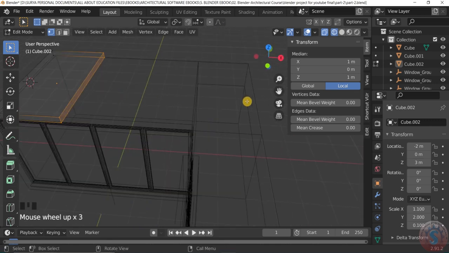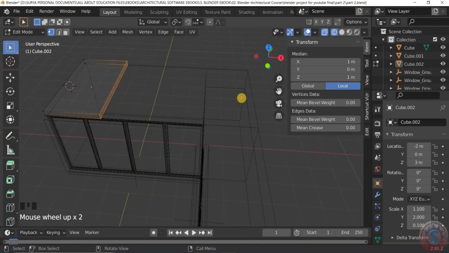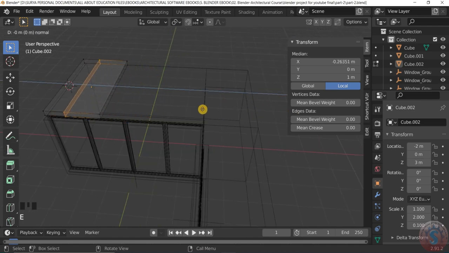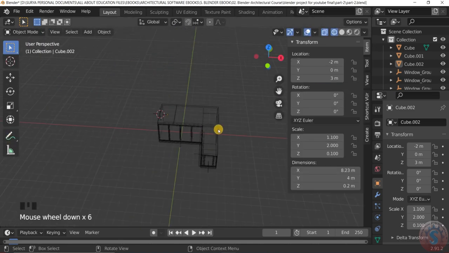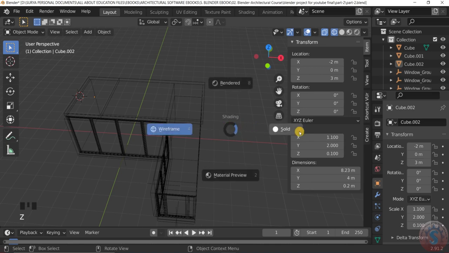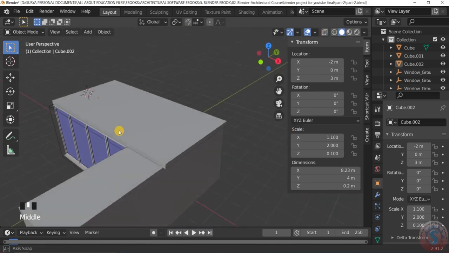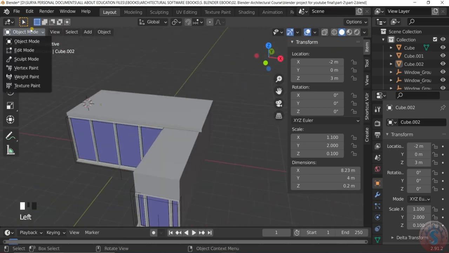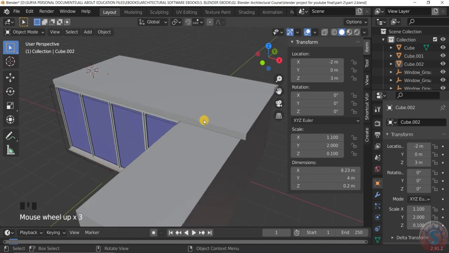Extrude this by using extrude E, in the y direction or x axis, giving some more distance like this. Go into object mode and go into solid by pressing the Z key. Here you can observe it is created. If you go into edit mode, this loop cut is created. Like this you can create.